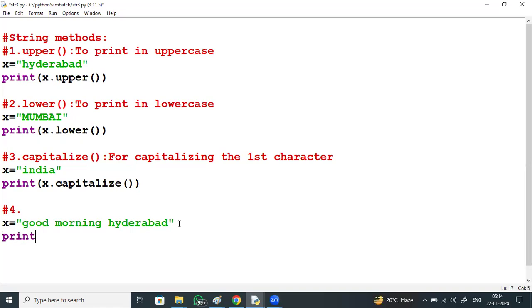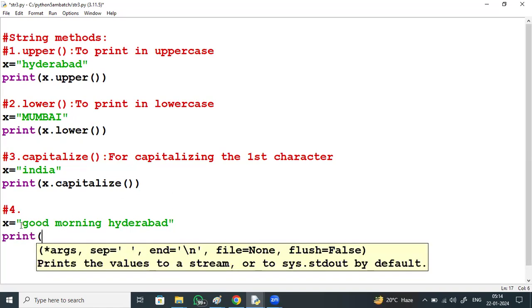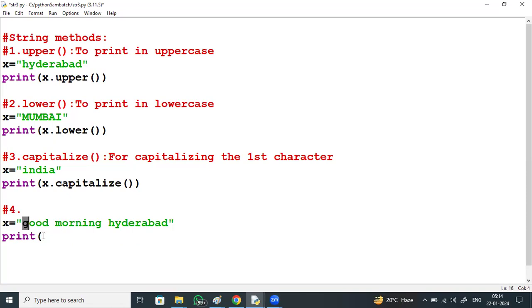If I say capitalize, only the G appears in uppercase. X dot title. What is that? X dot title.